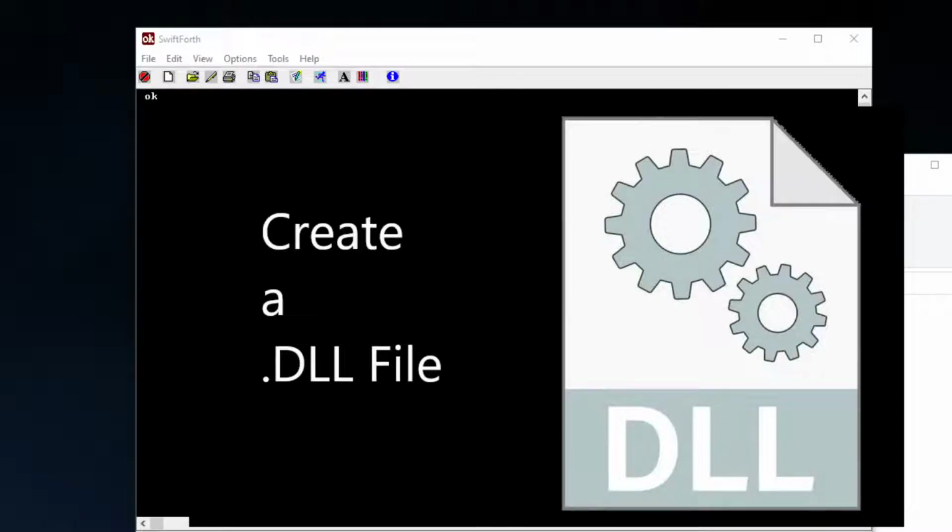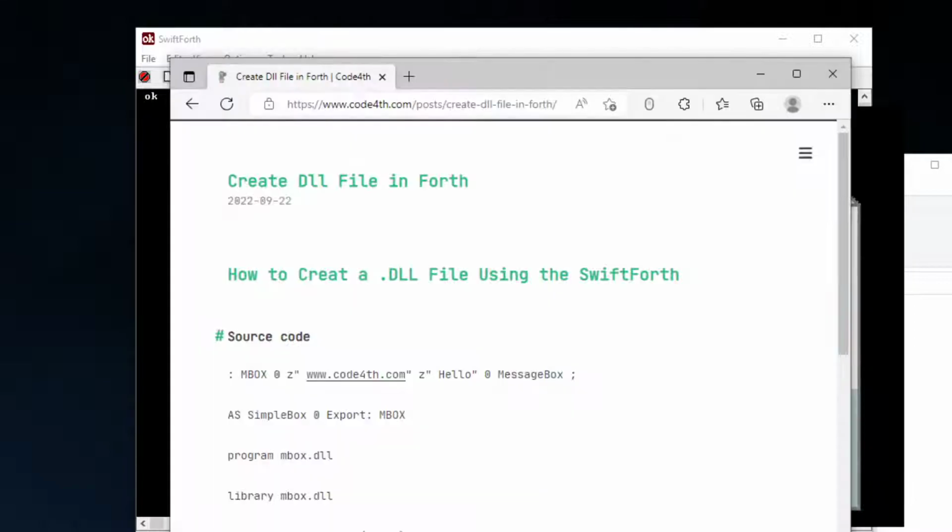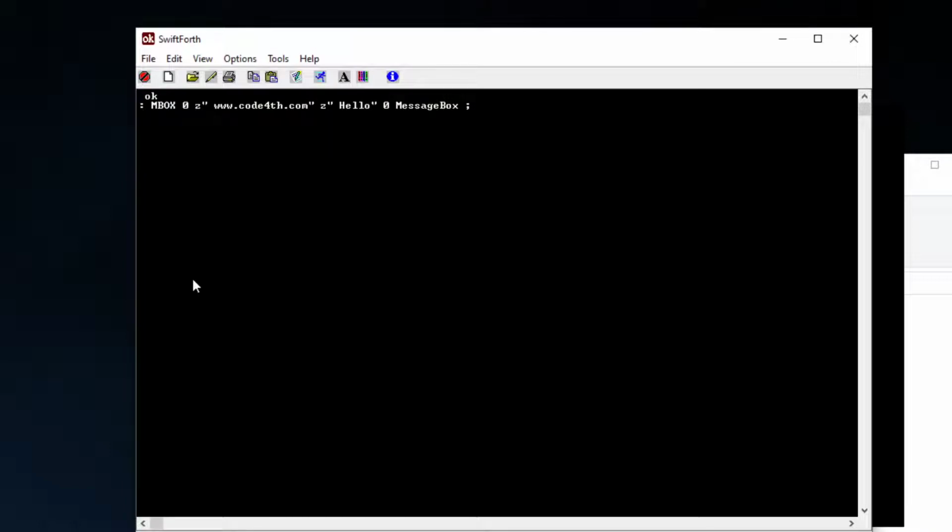I'm going to show you how simple it is to create a DLL file using the Forth programming language. If you want to follow along, I've created a website. You can type it in your address bar, and I'll have the source code listed there. And you can basically just copy and paste to follow along. So we'll get started. We're going to type or put in our code,